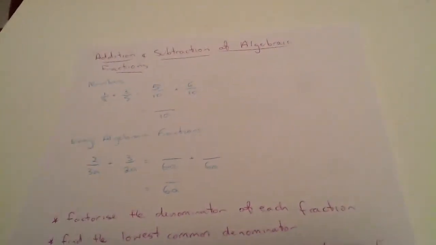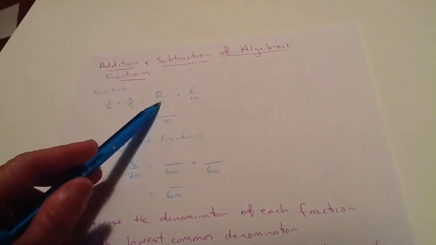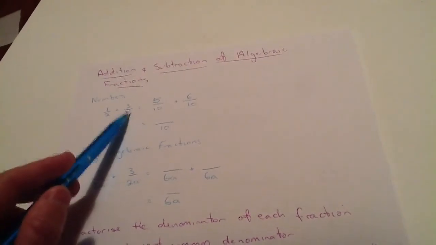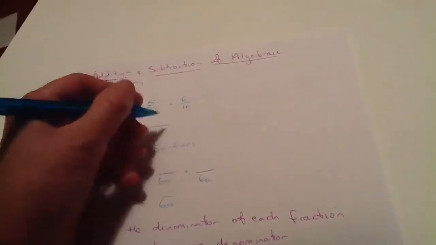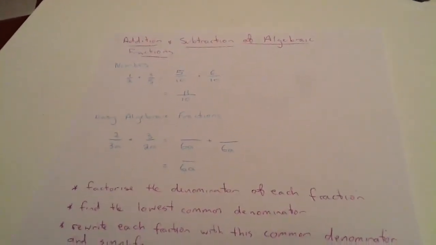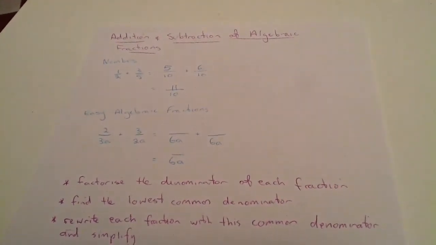We can see that we did that by multiplying. What do we have to do to 2 to get to 10? We need to multiply it by 5. So 1 times 5 is 5. To get from 5 to 10 we need to multiply by 2. So 3 times 2 is 6. And we add it and we get 11/10. Easy. Algebraic fractions. We have 2/3a plus